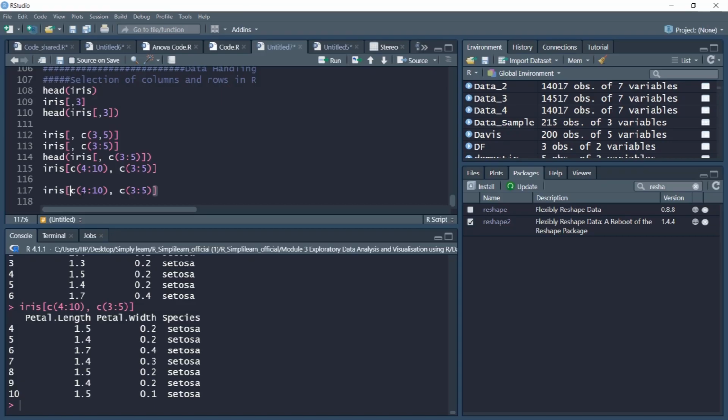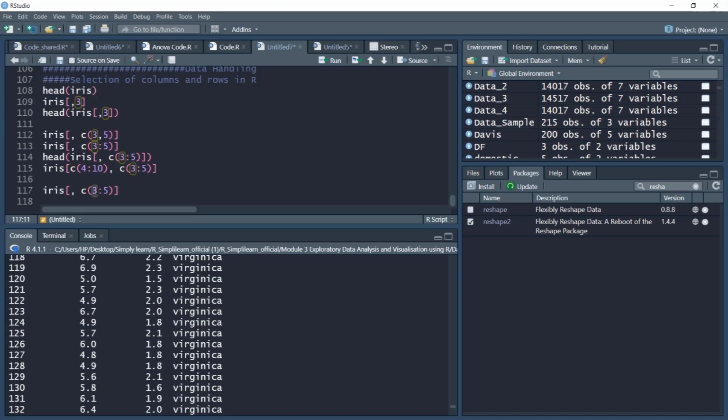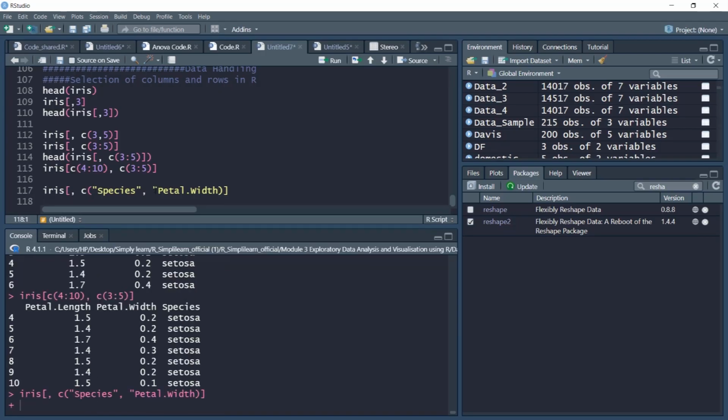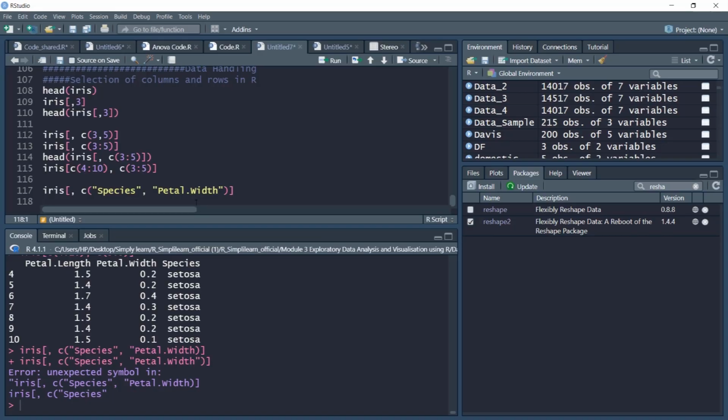So let's say you want to extract the column species and another column, petal width. You can also do that. However, it has problems because you need to remember the spellings and there you may make some mistakes. So it is better to use numeric notation, but you can use this.